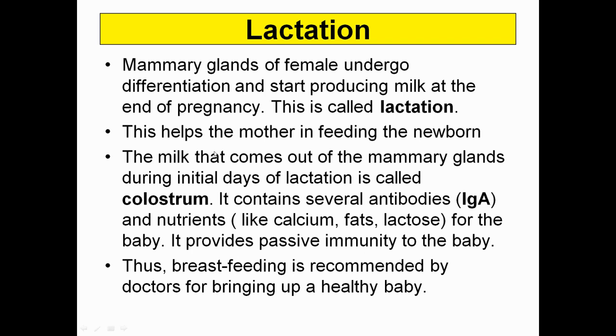and the first yellow-colored thick fluid that is secreted by the mammary gland is referred to as colostrum. In the initial days it is secreted, and it is very rich in antibodies and all sorts of nourishment like calcium, fats, and lactose, and provides passive immunity. I can recall that in the year 2013, NEET asked one question: the colostrum has antibodies, calcium,